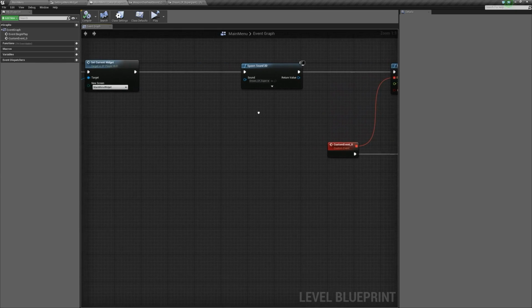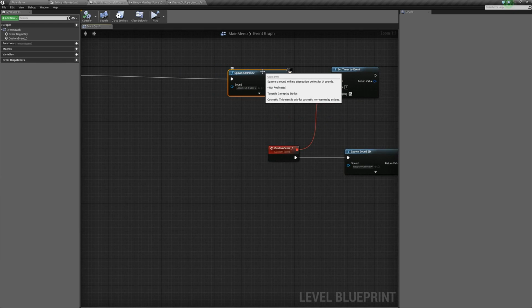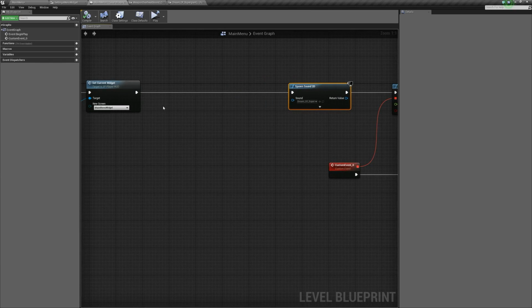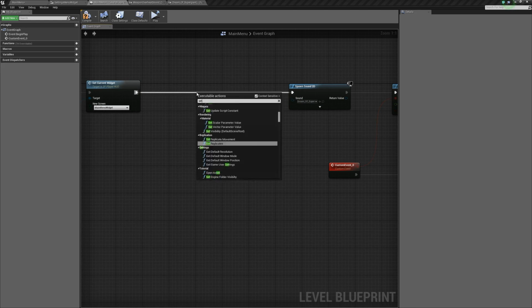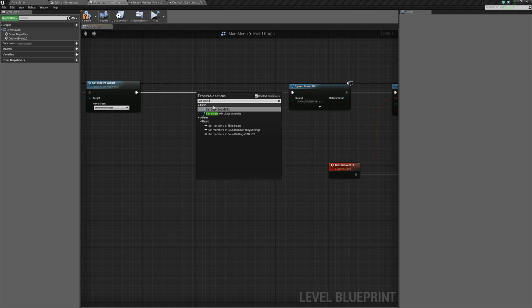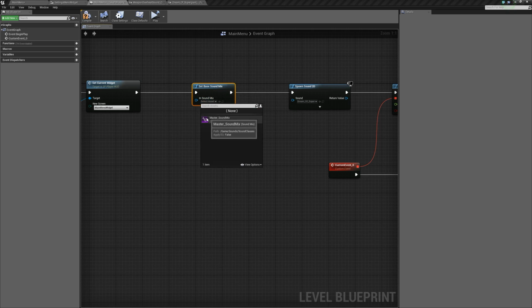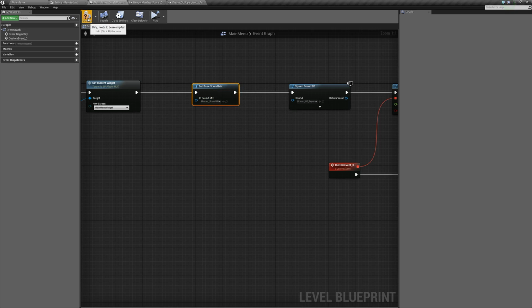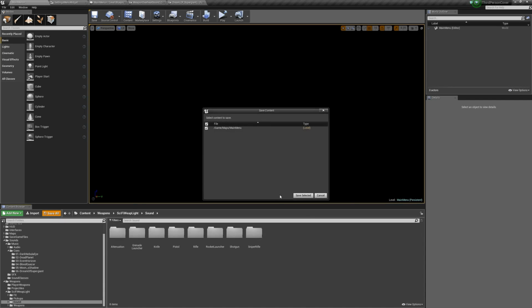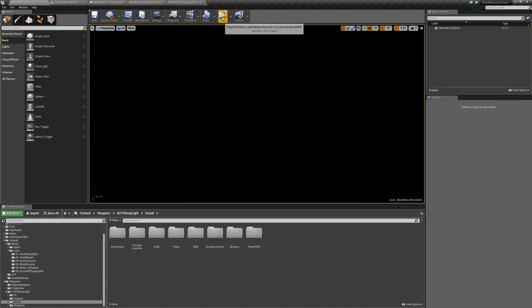So one thing I forgot is we have to initiate that mix. So we're going to have to drag off of our set current widget here before we spawn our sounds. And we're going to search for set sound, and we want to set base sound mix. And in here, we're going to select our master sound mix. And we're going to compile. And we'll go back to our main menu, and I'm going to save everything. And if we hit play,